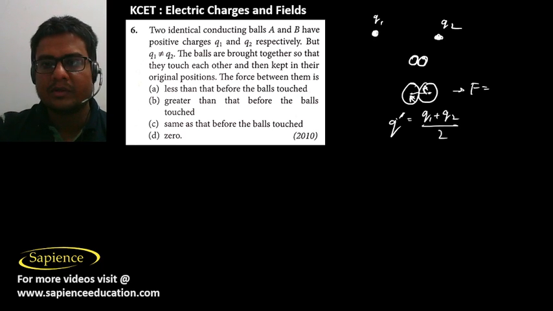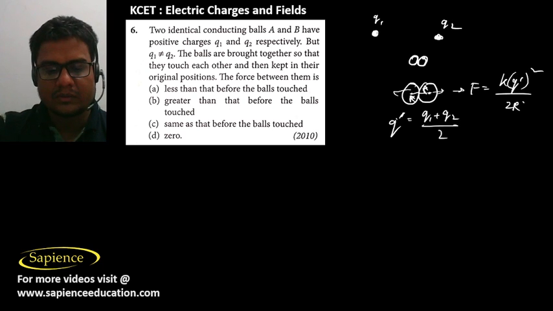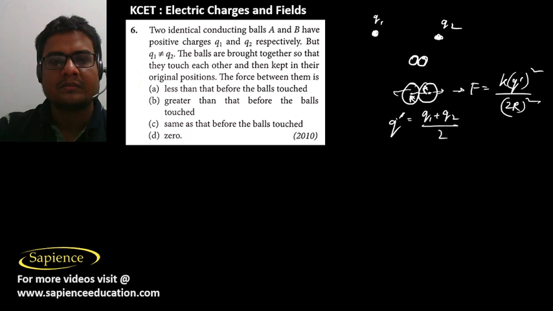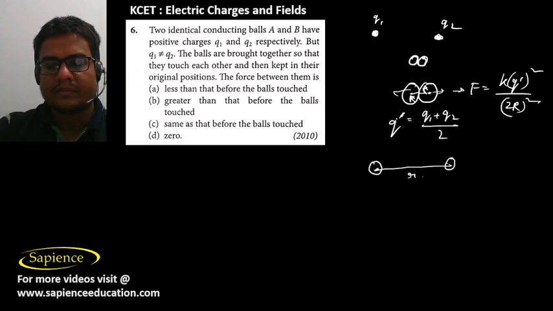Then the force of repulsion in between them will be equal to k q dash into q dash by r square, where the distance is 2r whole square. So after they are kept in contact, they are again kept in their original positions. So here again their distance of separation will be r only,